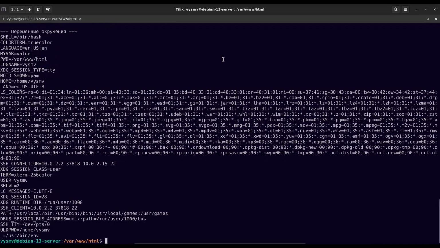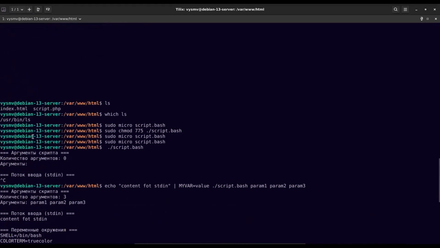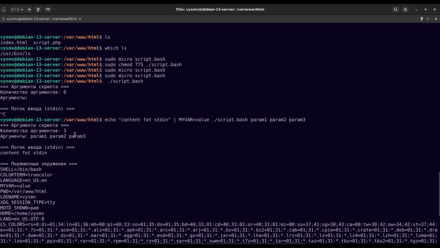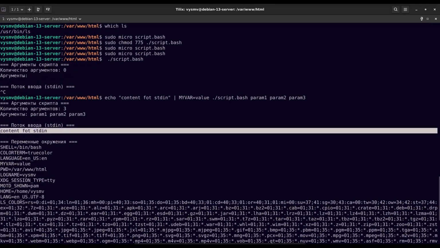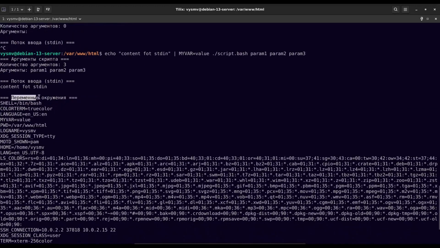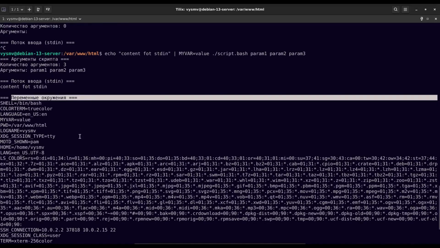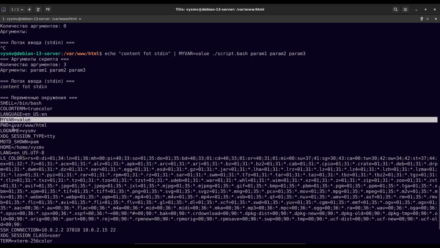Let's run the script. What do we see? If we scroll up, we see 3 arguments. That is, all the arguments we passed are recorded here. Here are parameters 1, 2, and 3. Next, we see the content we passed for the input stream. And if we look at the environment variables that were already available to this script, we see the variable myvar